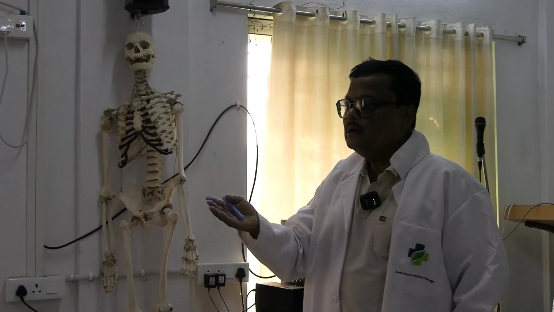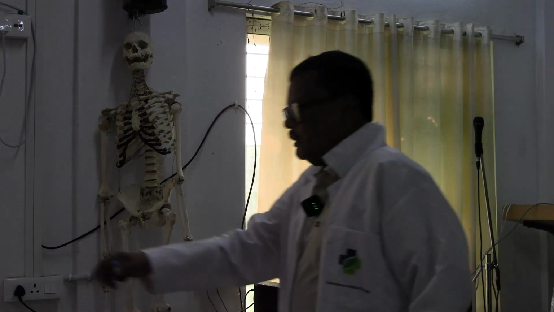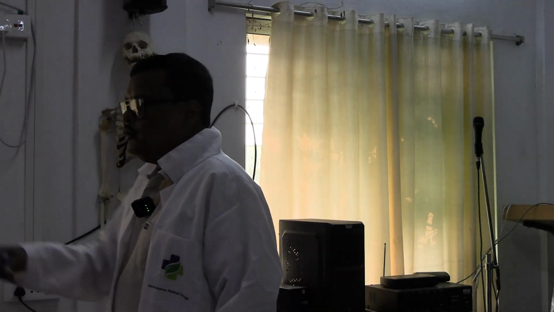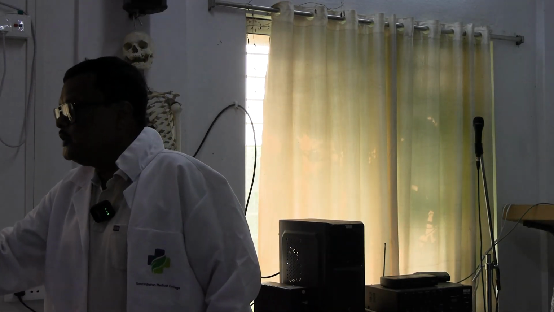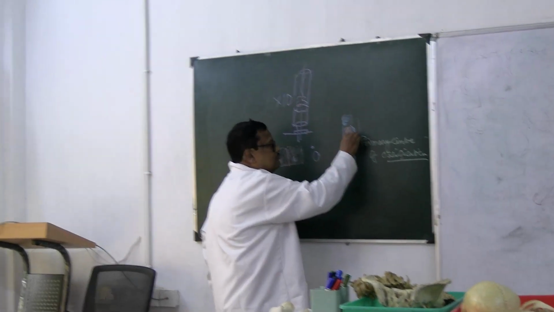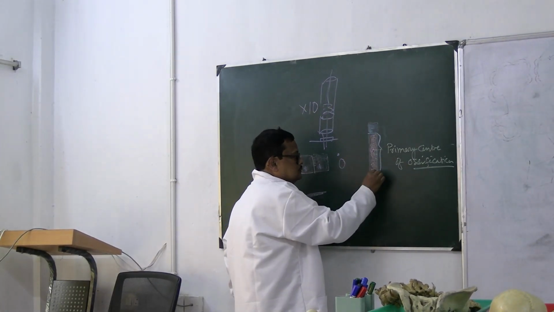What is the meaning of replaced? If I draw him out and put him in here, he has been replaced by him. So cartilage is gradually replaced by this bone and forms up to this point,